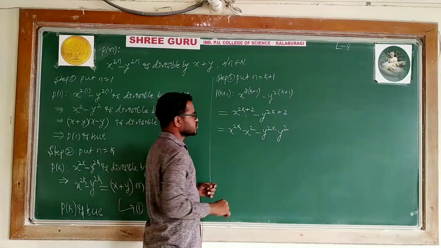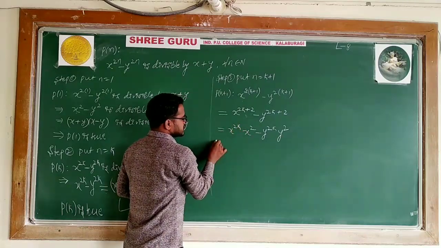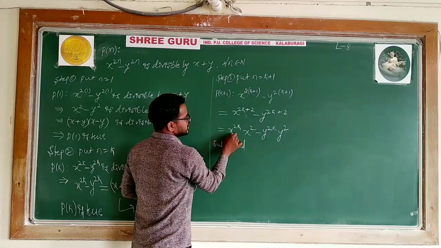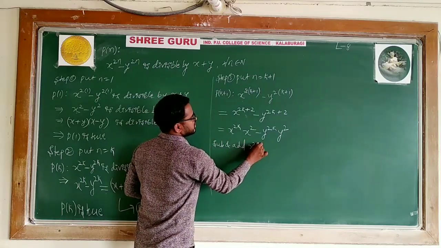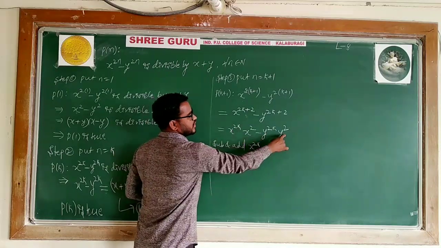You can choose any one. So I am choosing here x to the power 2k. What I will do is add, subtract and add. Subtract and add what? This x to the power 2k. In the previous problem also I said x to the power 2k. If you are taking this, I will take y square from this